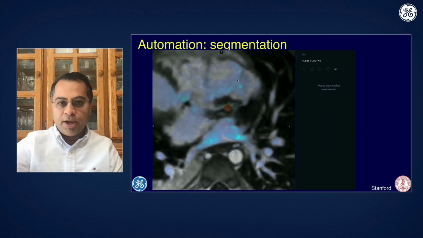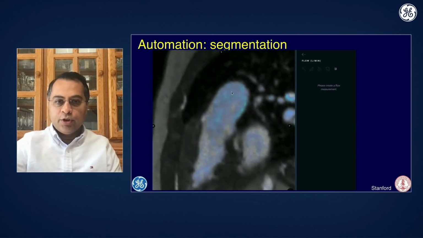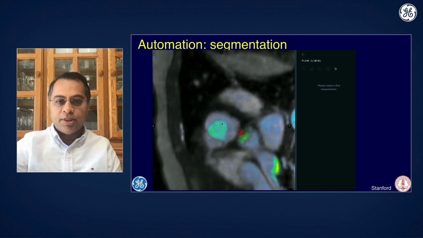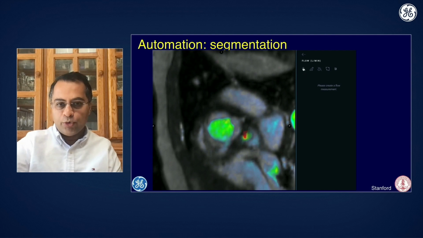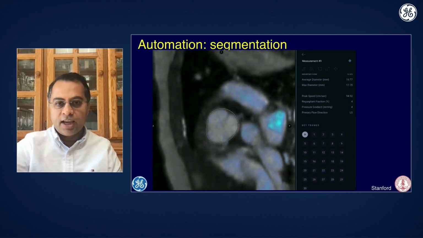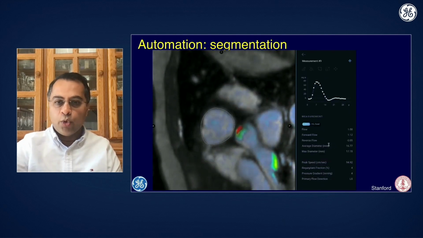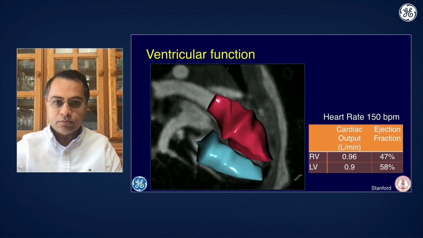Additionally, there's an automation in terms of segmentation of vessels when determining the flow in these vessels. So here's an example where you can see that there's a valve. I've clicked on it, and now I'm in the valve plane. Now if I go to a panel, I can scroll to the temporal frame that I'm interested in, click once over that vessel, and now you see the vessel is automatically segmented, and we can see that the flow in the vessel is a little over a liter per minute. So this is just a nice example of automated calculation of flow in any vessel. Again, this is retrospective after the patient has left our imaging suites.